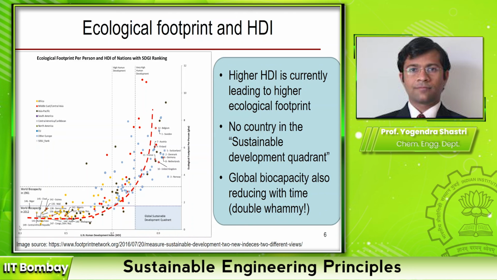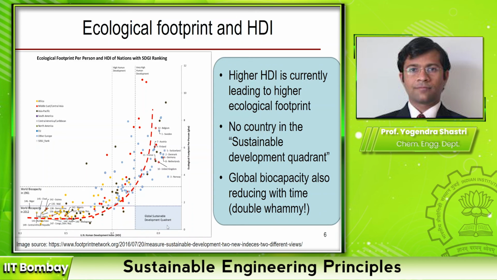What you see here is that countries that have a high Human Development Index, in this last region, almost all of them have a fairly high ecological footprint. This dashed line represents the world biocapacity in 1961, and as we saw in the last slide, the world biocapacity itself is going down. So world biocapacity in 2012 was this second dashed line at the bottom. Ideally you do not want any country to have an ecological footprint higher than this, and which means that this is really your desired